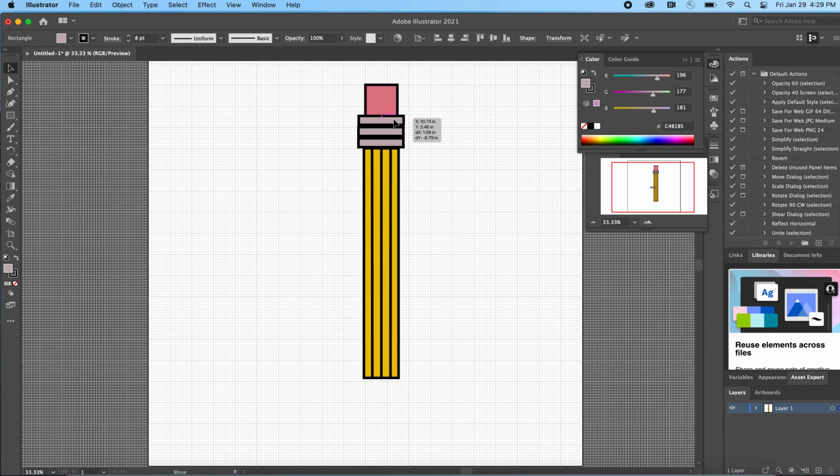It just drops another one of those objects down. Okay? So now I've got my pink eraser. I've got my 3 metal bands. I'm going to adjust my eraser a little bit there. Okay? Next step, you probably figured out, we need to put the sharp end of the pencil down here at